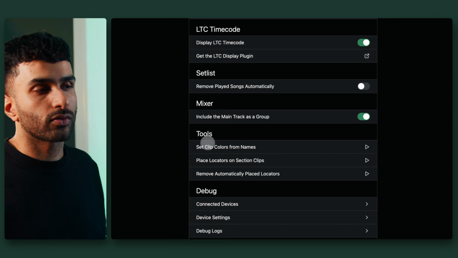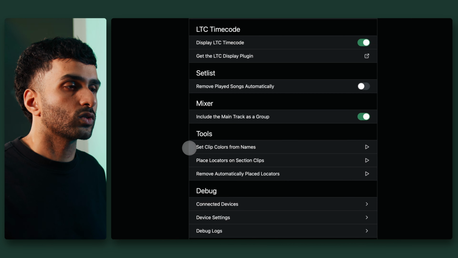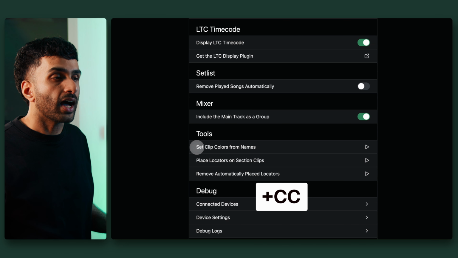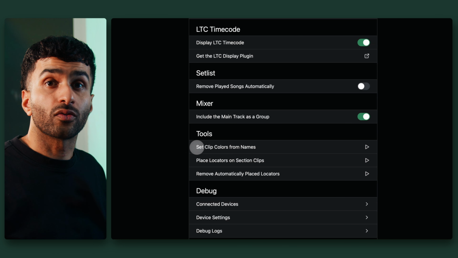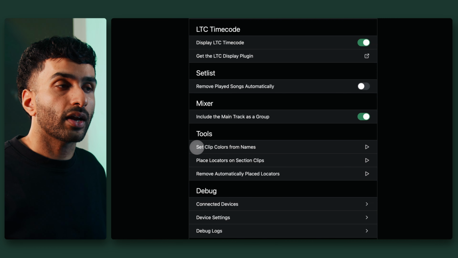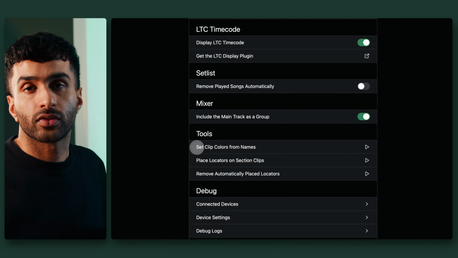Next up, we have these 3 helper tools. So the first one relates to clip colors. In earlier versions of AbleSet, if I wanted to color in my section clips, I would actually need to use color attributes like we're used to with songs. But now, since the plus clip colors flag exists, I can use this tool to convert the color attributes in the clip name to the actual clip colors itself, and it'll then go in and remove the attributes as well for you. Just keep in mind that this only works on tracks where the plus CC flag is